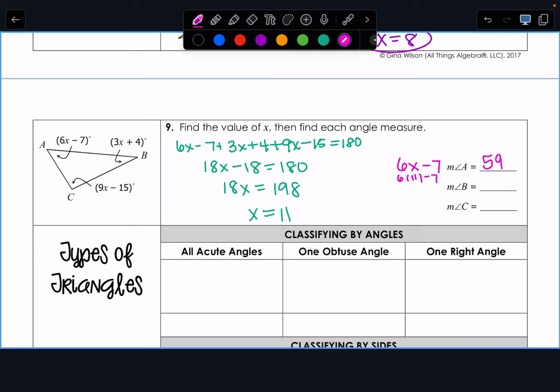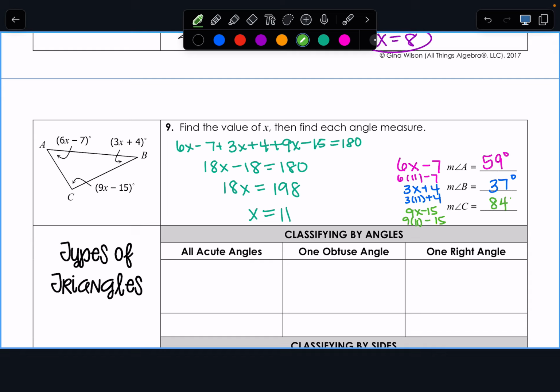Okay, angle B. I hear a lot more talking than I would like. Angle B is 3x plus 4. If x is 11, then we have 33 plus 4, 37. Here's where we do need our degree symbols. And then angle C, its measure is calculated using 9x minus 15. So if we take 9 times 11 minus 15,